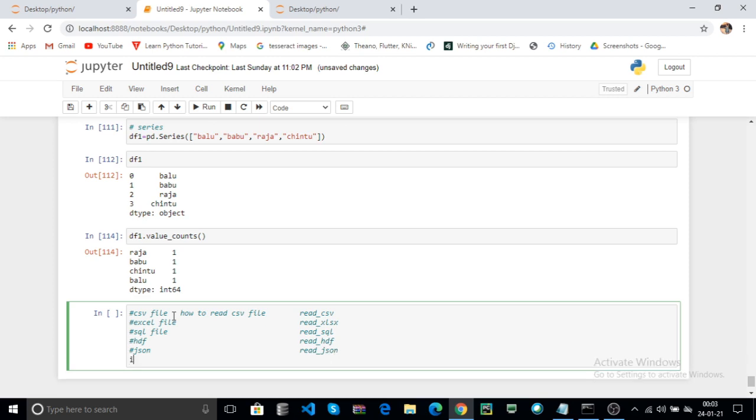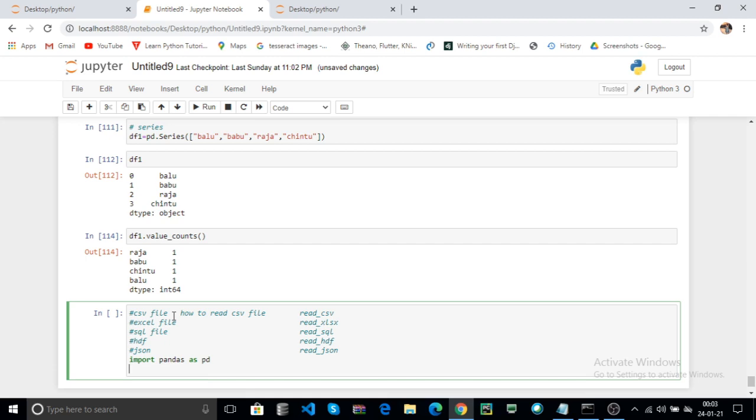Now first import pandas as pd. Now here I create one variable as df. Now pd.read_csv is used to read the CSV file. Here our CSV file is stored in our current directory, that is the desktop Python folder.